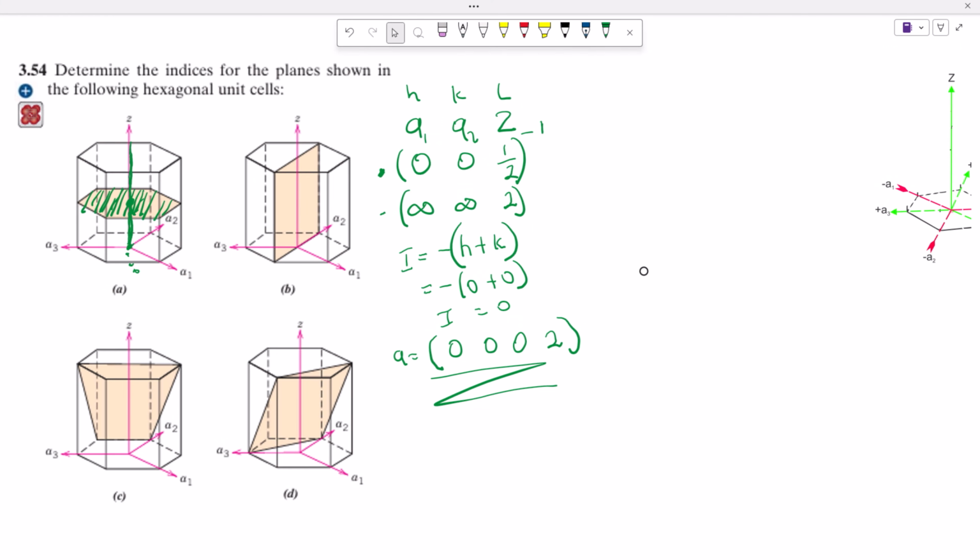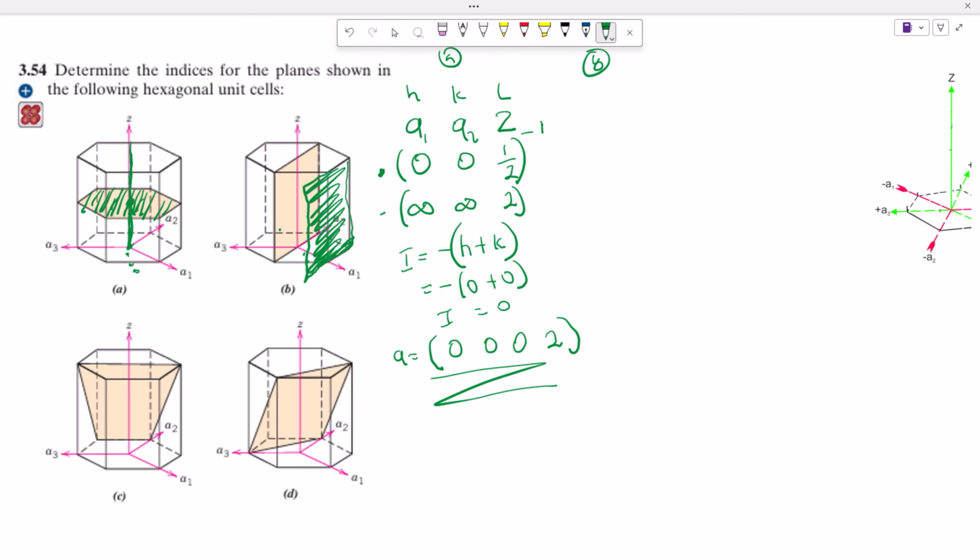So guys, now let's solve for B. This is our A. So for our B, we begin to solve. Remember, this plane is sitting on our point of origin, right? Remember I said we would always move it forward in the positive direction, not the negative direction. By the time we move it forward in the positive direction, let me erase this so we don't cause confusion, I'm sure the plane will fall somewhere here like this,